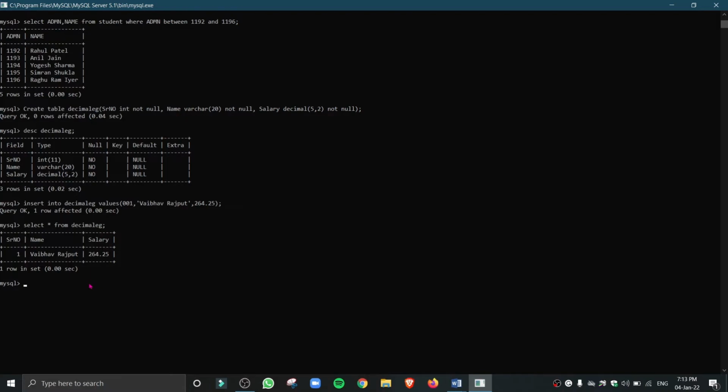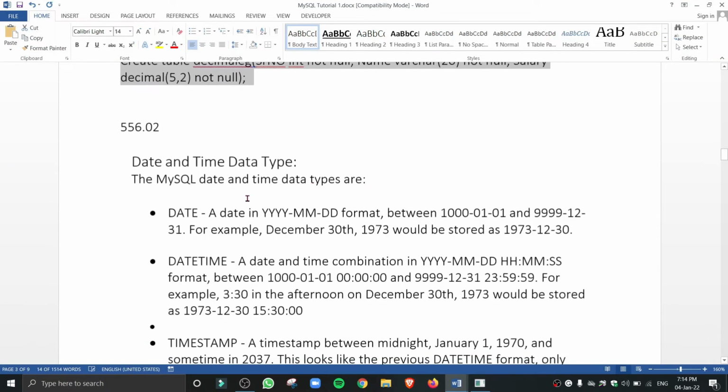Okay, so I'll just drop this table, drop table decimal EG. If we do show tables right now, decimal EG has gone. Okay, so now